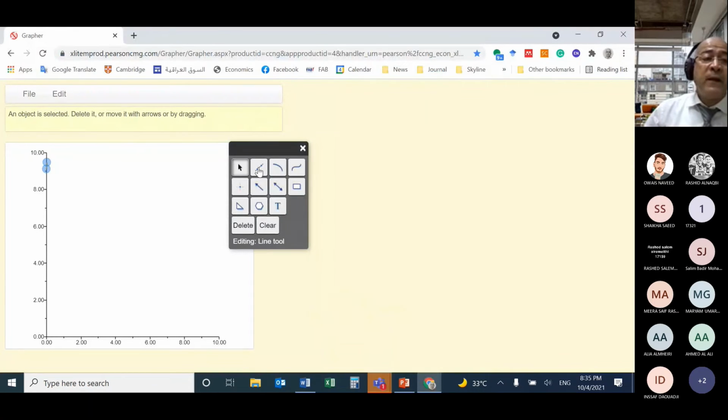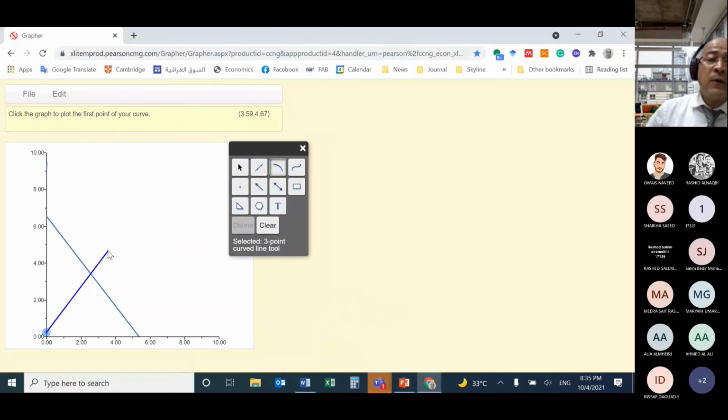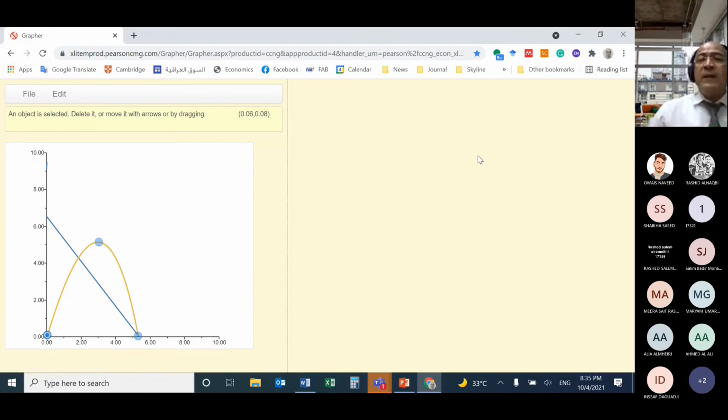Assume this is the demand curve, and then we can draw total revenue. See here, total revenue takes the shape like this. Total revenue tends to increase, then reach a maximum point, and then tends to decrease. And I will explain why, and I will give you